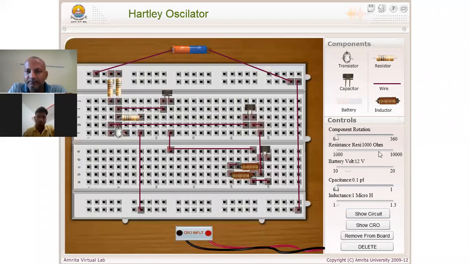So from here we are going to connect to the CRO positive.